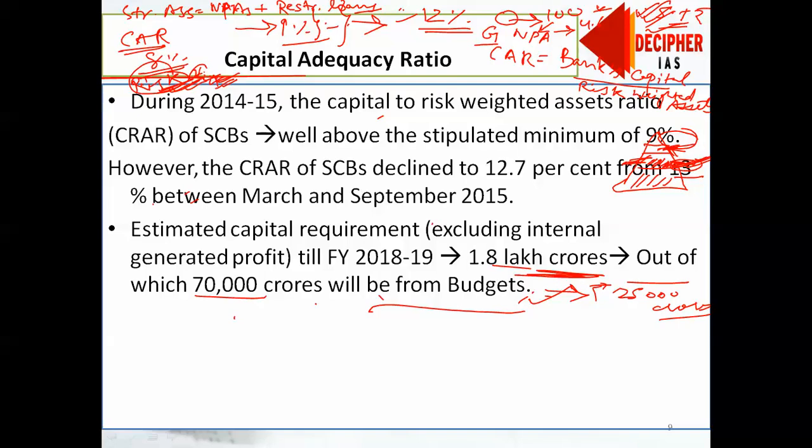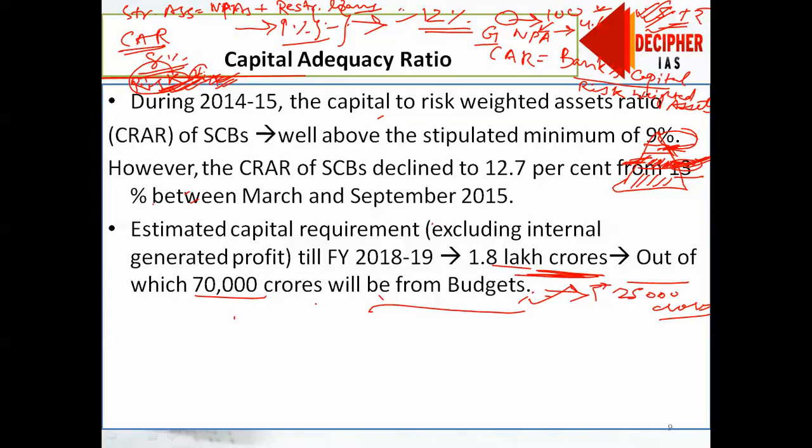Restructured advances are those which have been modified, like suppose a person had to repay a loan in 5 years. It has been made 10 years and divided into many installments so that the burden on the borrower is less. So this restructuring has decreased from 6.4 to 6.2% in the same period,